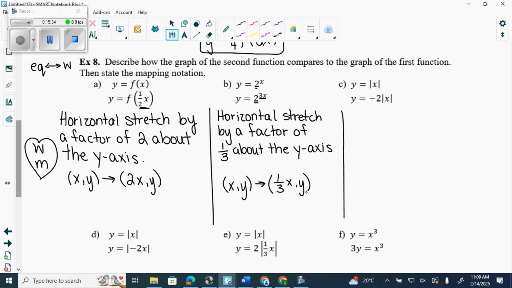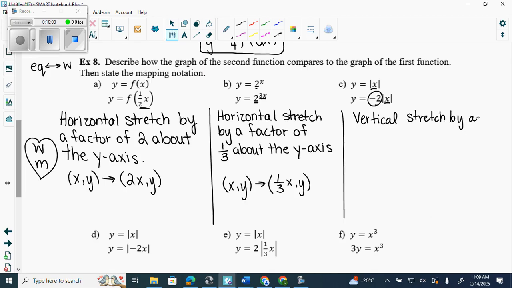Then we look at C. C has the absolute value of x graph, and here's still the absolute value of x, so the only thing that's changed is that. Is that with the x inside the absolute value sign? Do the absolute value signs do anything? No, they just draw an absolute value graph. Don't think they're going to change the numbers in the middle of it. They're not. Don't overthink it. Same thing all the time. So, this is all vertical. It's not with the x. So it's a vertical, and do vertical things ever change? Ever flip? No. So it's a vertical stretch